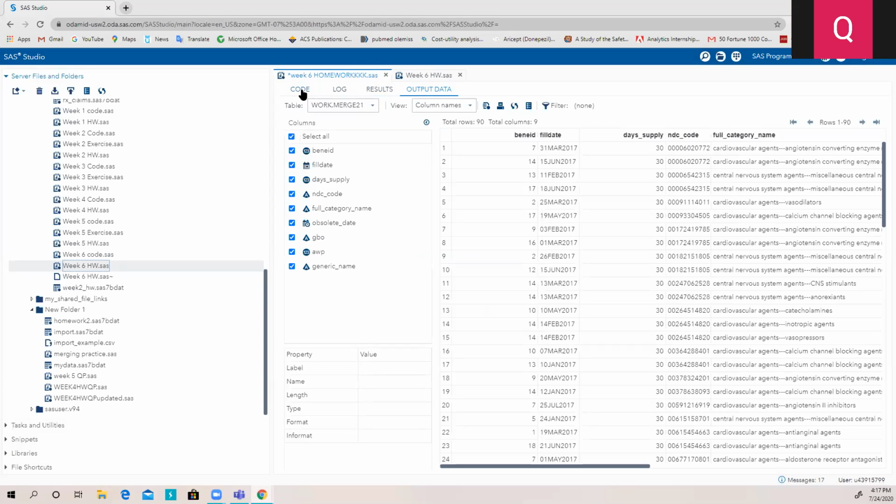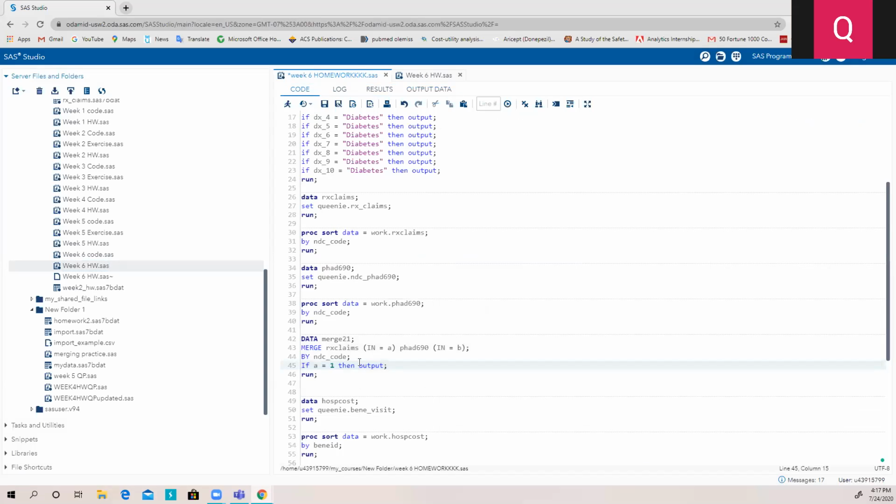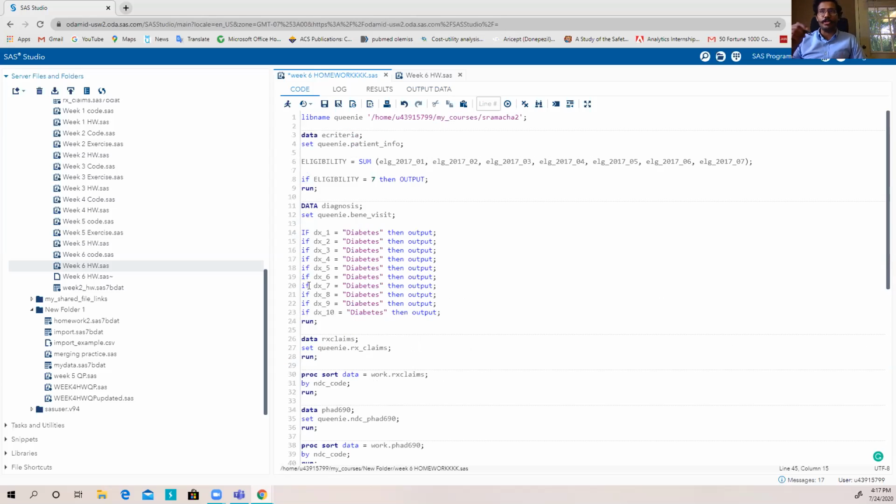Yeah. And also, on that note, is it possible to calculate cost at the last, when we have merged all the data sets? Like, not calculate cost before that. Like what you did, you calculated total AWP before actually merging that with Benevisit. You can, but again, the problem will be the error that I made in the code between one-to-one versus one-to-many merges. As often as possible, you should try to do one-to-one merges, right? One-to-many merges always have errors in them.